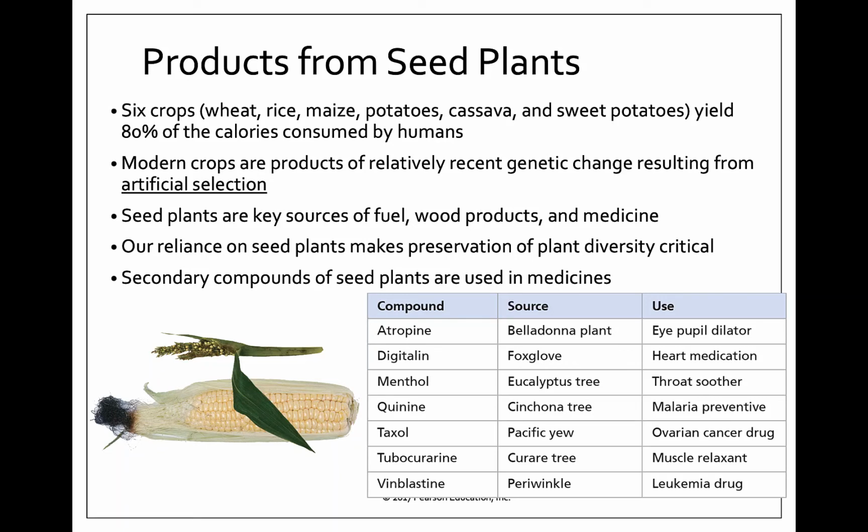Seed plants provide a lot of really important resources for humans. There are 6 crops: wheat, rice, maize (which is corn), potatoes, cassava, and sweet potatoes that yield a huge amount of the calories consumed by humans. And it's not just the food that humans eat, because humans aren't all vegetarians, but the food that we feed to our livestock, like the chicken feed and the cow feed, they all eat these grains too,